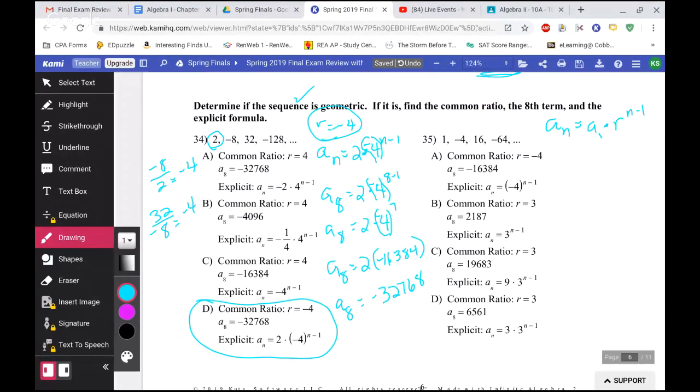All right, number 35, confirming that in fact it is geometric. So it's negative 4 divided by 1, which equals -4. Seems to be a theme. And then 16 divided by -4 is also -4. And hopefully Mrs. Sparks will remember to write it in the formula. So we've got a sub n equals the first term, which is 1, times -4, all raised to n minus 1. To find the 8th term,